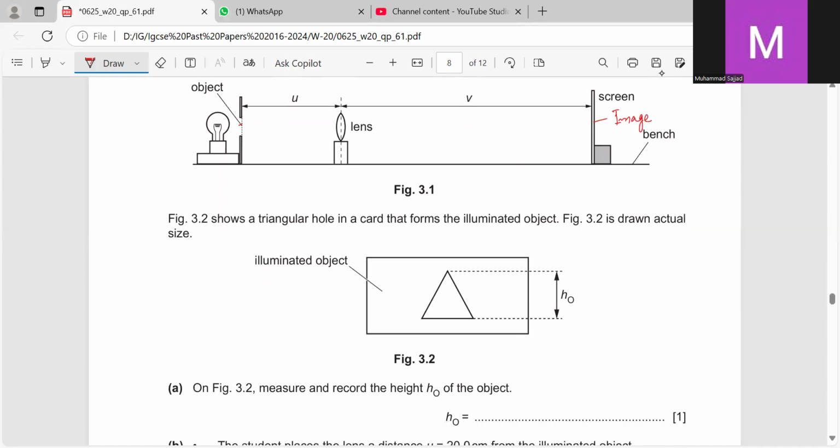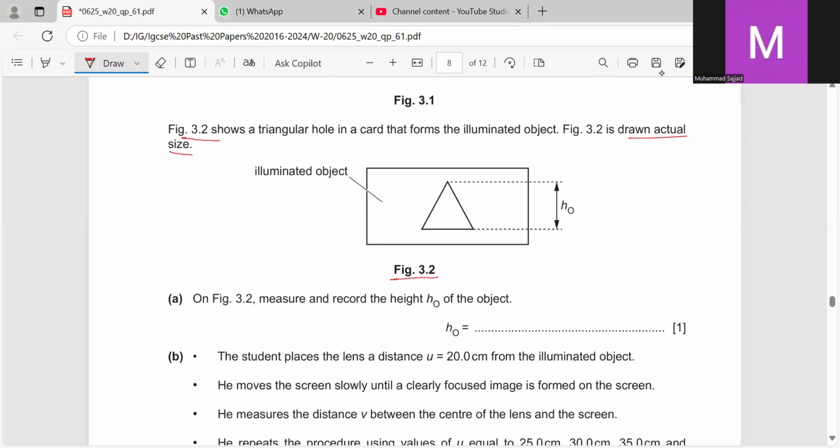Figure 3.2 shows a triangular hole in a card that forms the illuminated object. Figure 3.2 is drawn actual size, so whatever the length of HO is, that is the actual length. The illuminated object is there, and what we are supposed to do on figure 3.2 is measure and record the height HO of the object. So we are supposed to use the ruler to measure this length, and this is coming to be